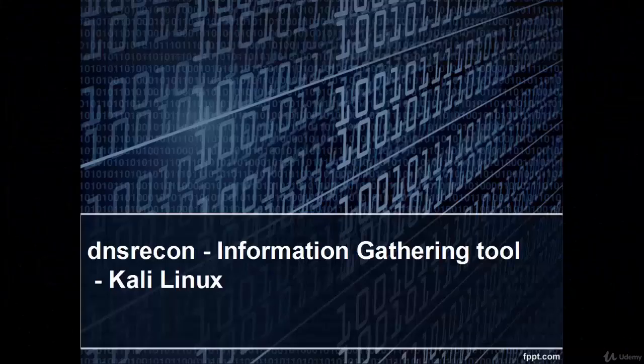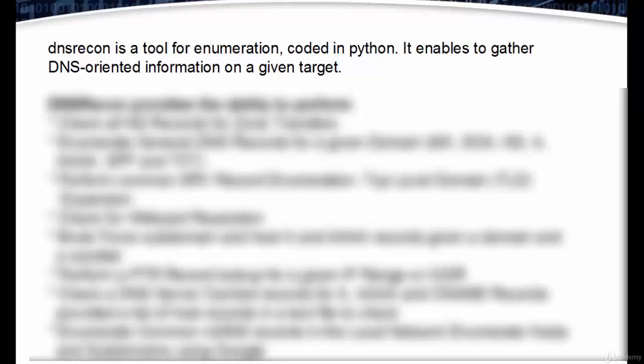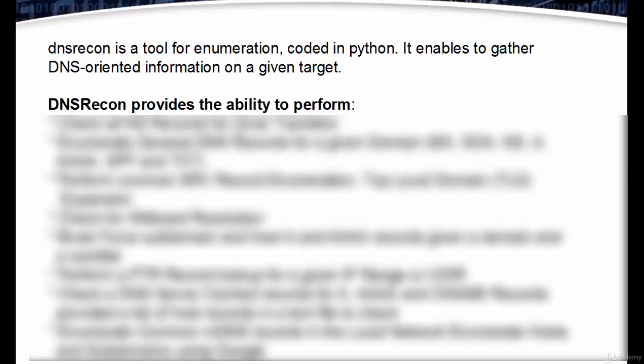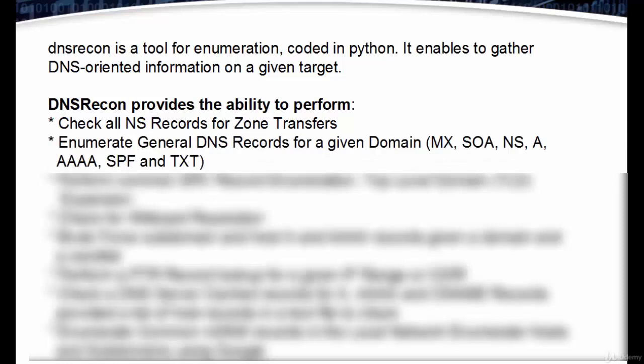Welcome, in this video we are going to learn the Dnsrecon information gathering tool on Linux. Dnsrecon is a tool for enumeration coded in Python. It enables you to gather DNS-oriented information on a given target. Dnsrecon provides the ability to check all NS records for zone transfers, enumerate general DNS records for a given